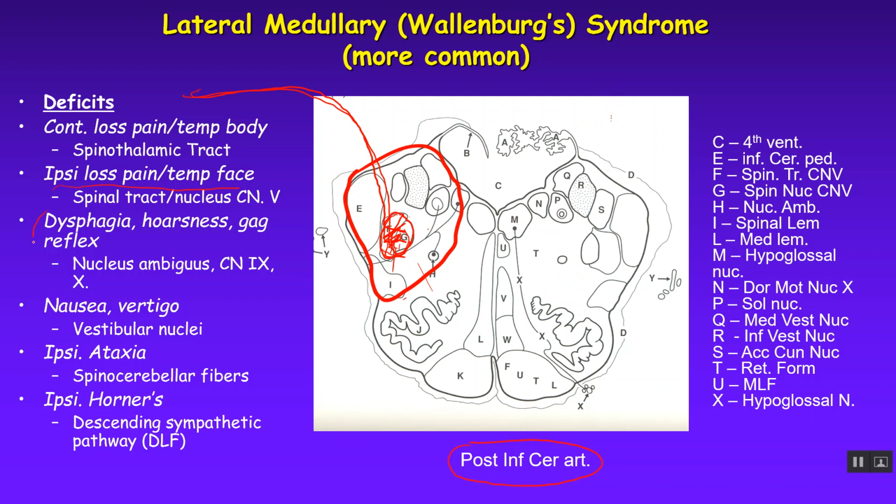They will also tend to have some swallowing problems or a sense of hoarseness when they're trying to talk, or they'll have a loss of gag reflex because you've impacted the nucleus ambiguus right here, which contributes to some of the motor function of the glossopharyngeal and the vagus nerve for controlling this larynx, pharynx,